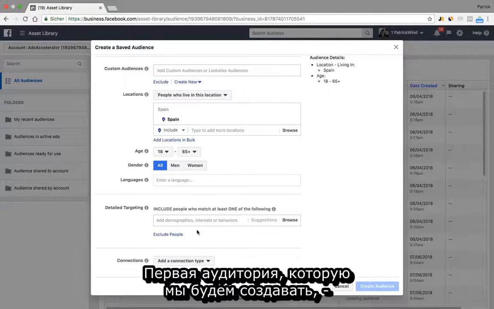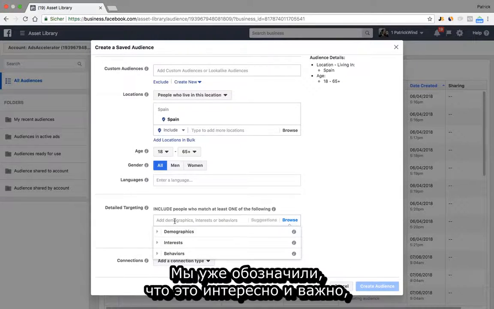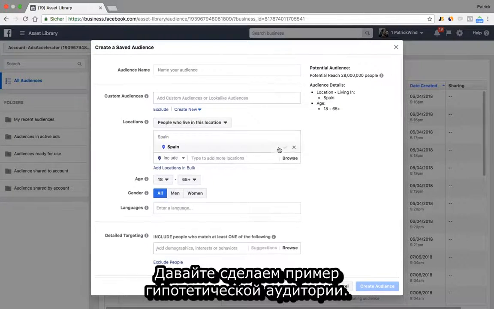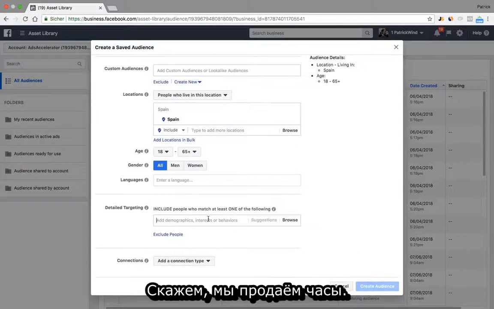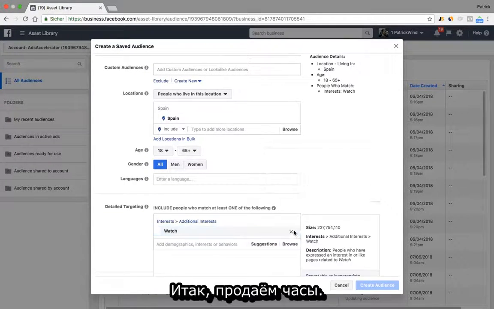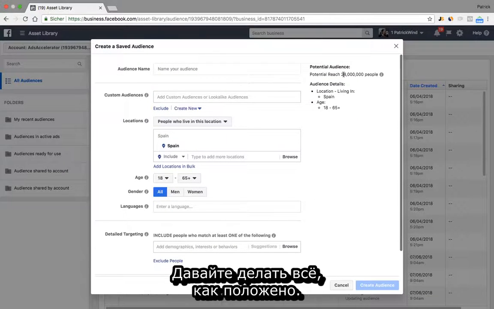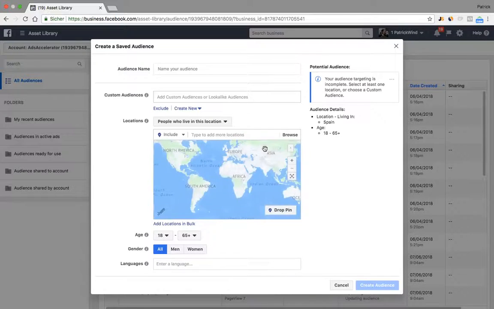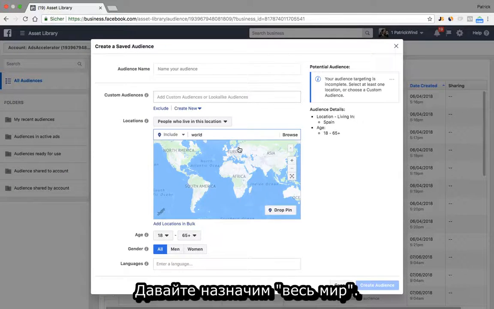So the first audience we want to create is a demographic one. However, it's important that they're always related to our industry. Let's make just a hypothetical example. Let's say we're selling watches, okay? So let's do this properly. Out of, let's say, worldwide,